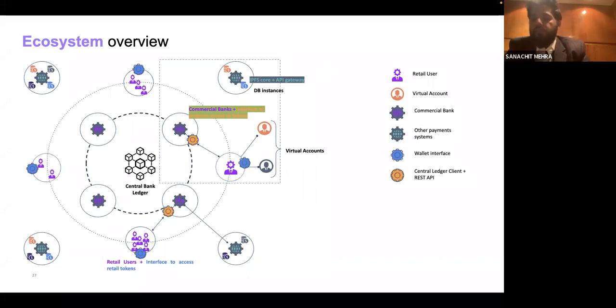Would they not again engage in fractional banking? And what really happens with the balance that an end retail user looks at? And there are multiple answers to that. We can probably take them up in the Q&A later. But for now, again, according to this white paper, the preferred approach is definitely the indirect approach, where RBI only